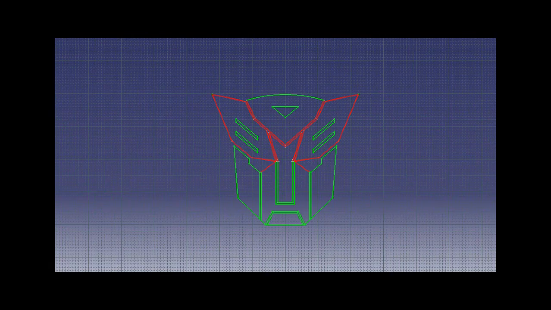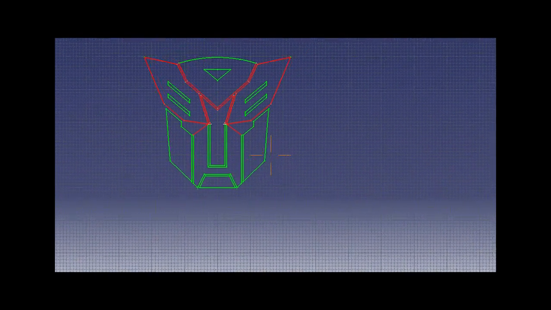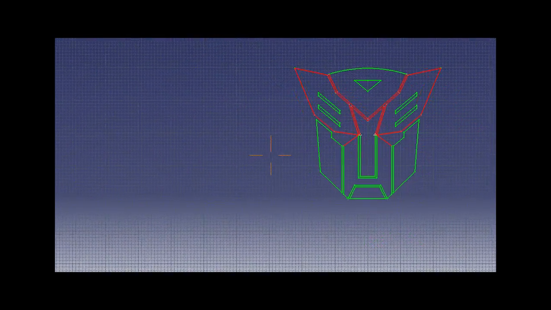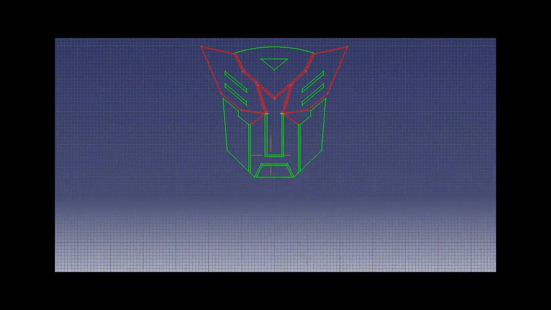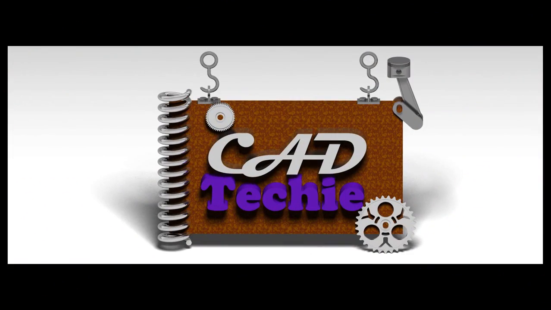In the previous video, we have seen how to draw a line of a particular length and at a particular angle in the Sketcher interface. Moving forward with different shapes, this video will mainly focus on the point command. So basically, a point is an exact location that doesn't have any length, nor width, nor height. The Sketcher interface from CATIA allows us to make points with different methods as per the different conditions. So here is CatTiki introducing you to the point command in the Sketcher interface.